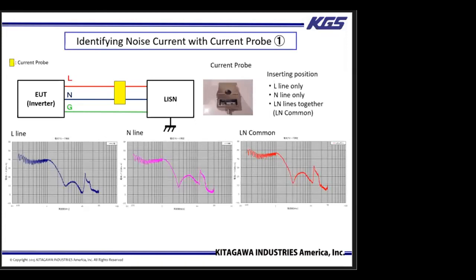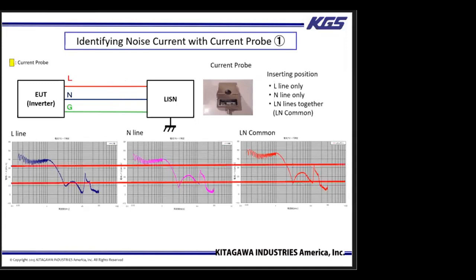If we take a closer look at the result, if L and N only had normal mode current, such as the power current, opposing magnetic fields would cancel each other out. If this were the case, the probe would show a lower level on the graph. However, the L and N lines are clamped together, and the graphs still show high noise currents, which means that the magnetic fields are not canceled out.